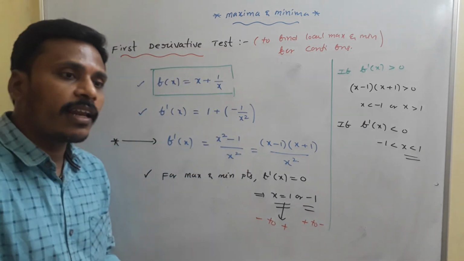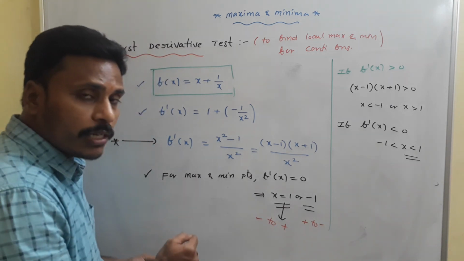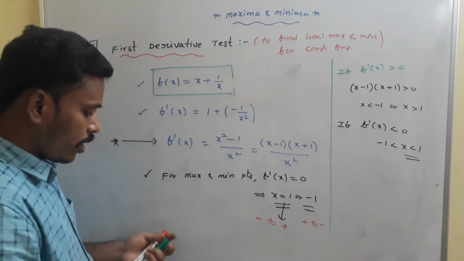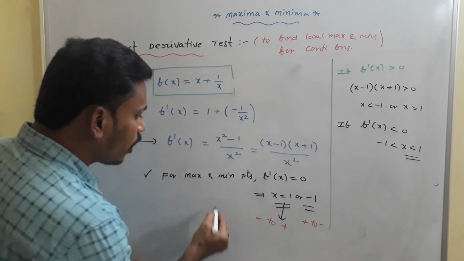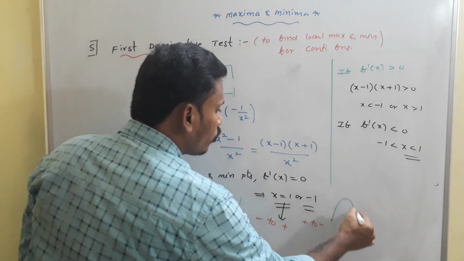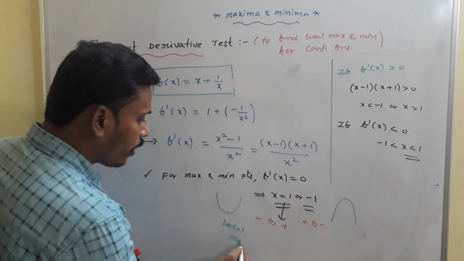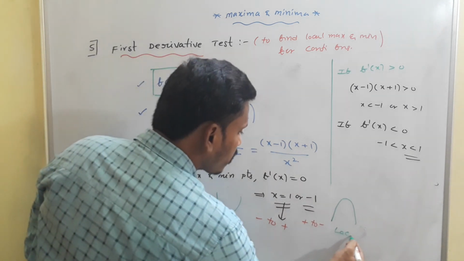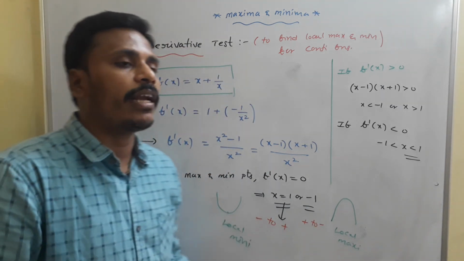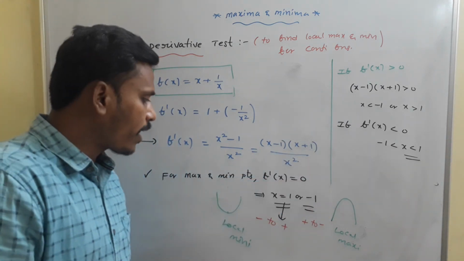Okay, based on that again we have a chance to decide. Derivative is changing from negative to positive. Negative means decreasing, positive means increasing. Then here the graph is decreasing to increasing. Here positive to negative, so the graph is increasing to decreasing. Since it is the sketch, it represents local minima. And here, it represents local maxima. Instead of finding left derivative, right derivative at 1 and at minus 1, this is also another way of deciding local maxima and local minima.